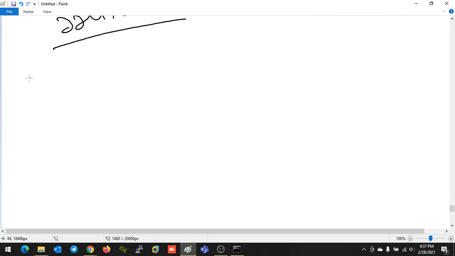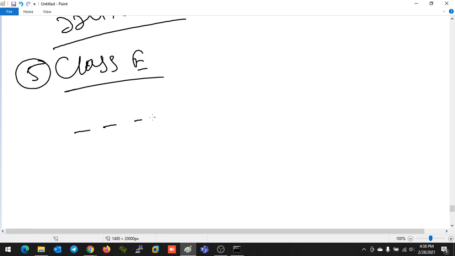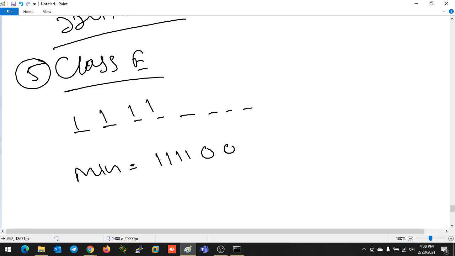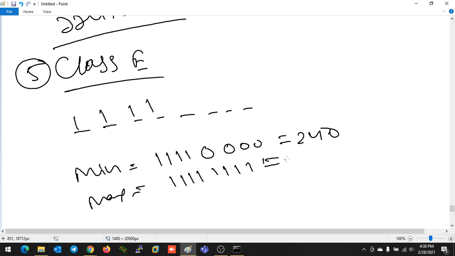And for class E, the first 4 bits are reserved with all 1. So the minimum value will be 11110000, which is 240. The maximum value will be 1111 and all 1, which is 255. So 240 to 255 is the range.